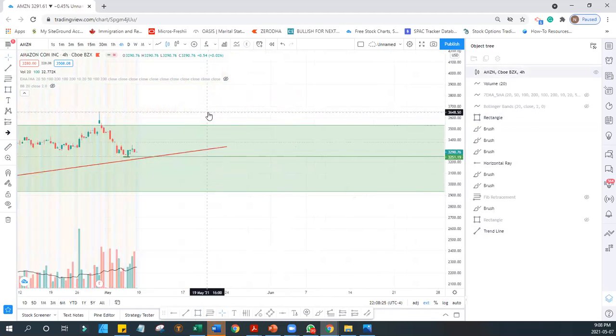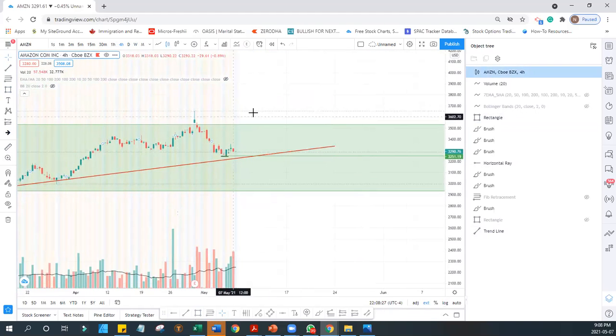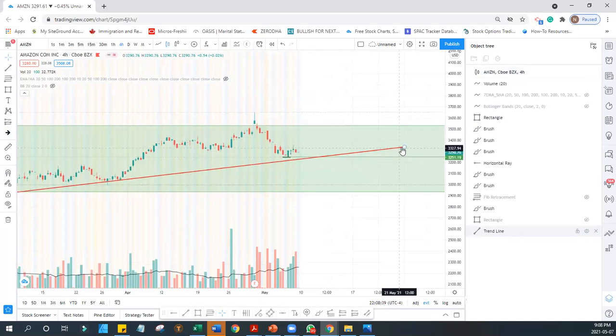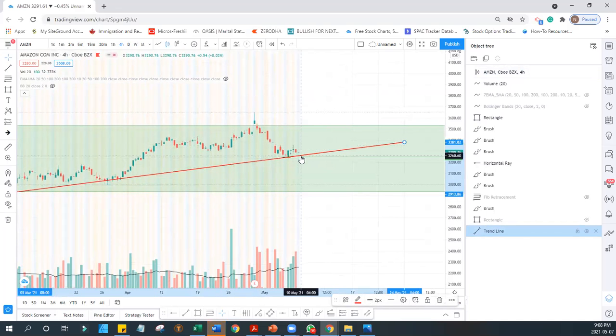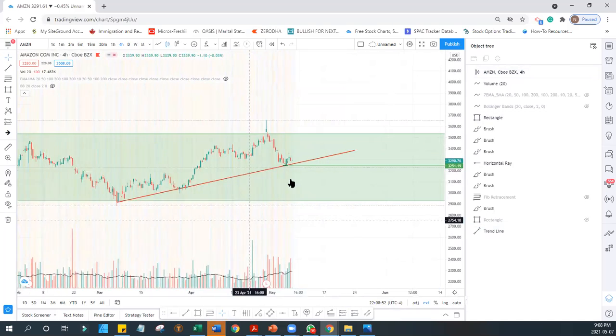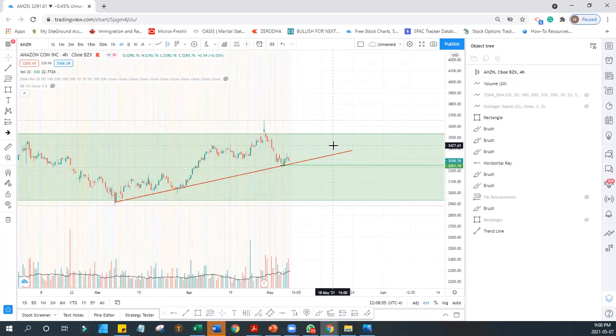So this one was like a hammer, and look at that. What happened after the hammer? It fell, and now this is probably the retracement, and then it will take here 3230. If that 3230 is broken, not even 3230, it will be less than that. If this 3260 is broken, you will see 3163, and then 3020 and 2929 in like 2 weeks, or you will see 3427, 3516, and